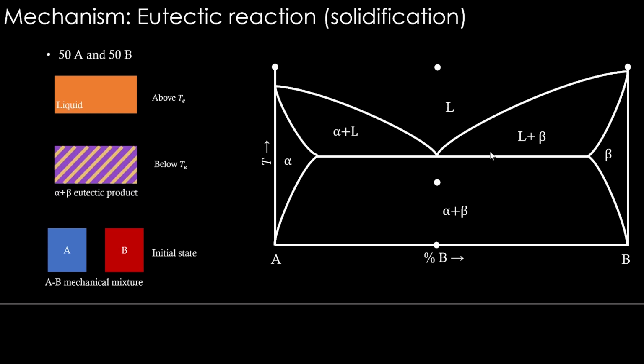So we are allowing the eutectic reaction to happen. It's going to look like this. Below the eutectic temperature, it's going to undergo the eutectic transformation. It will form alpha plus beta eutectic product. Often it has this kind of a morphology, alpha beta. The yellow and purple phases are represented here as alpha and beta. Okay, so this is how a eutectic reaction product will be. So this is the final state now.